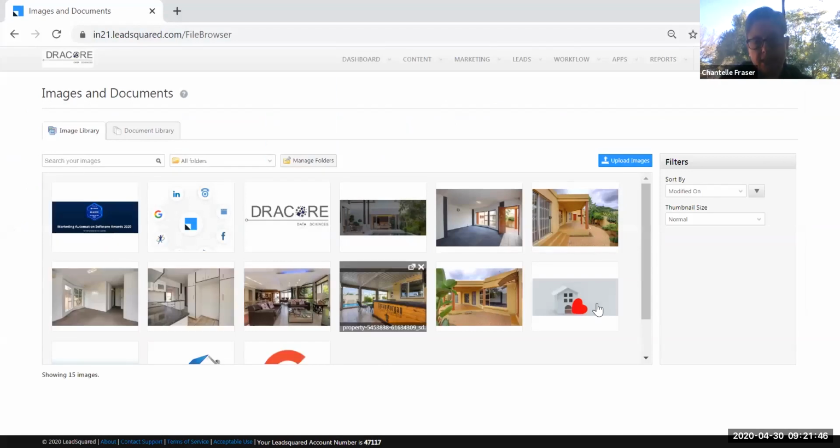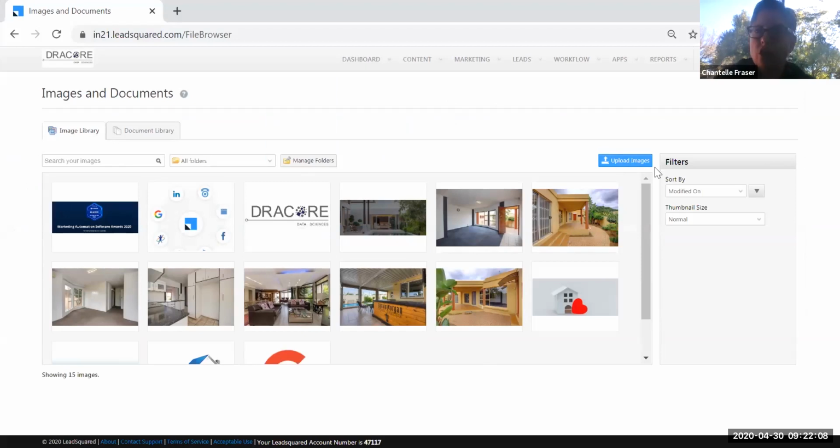You can also see at the moment there's a few pictures of properties. So if you get a new listing and you want to create a landing page or an emailer for a particular property, you're going to have to upload those images so that you can create your emailer or your